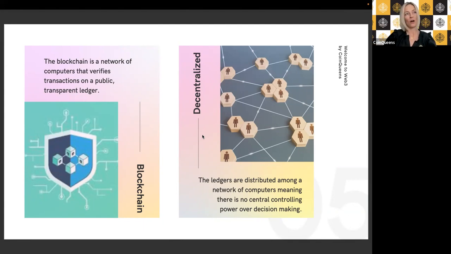I like to give the example of TikTok. TikTok has a server. If TikTok goes down, and say their server explodes, there's no more TikTok, right? But think of the idea, the blockchain allows for all those little servers to exist everywhere. And so if one little server blows up, it's fine, because everyone has, let's say, a little piece of TikTok on their phone, and it goes on. You can watch cat videos or Brooke Lacey videos to your heart's content. It is decentralized, which means what I just said. The ledgers are distributed among the network I was talking about.